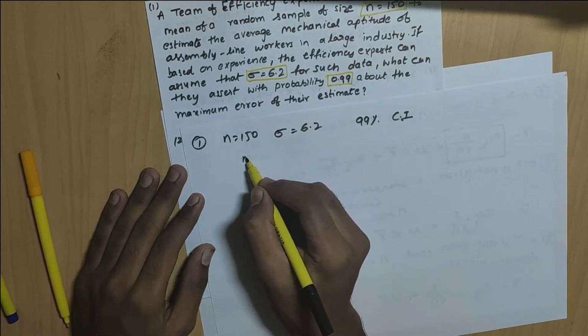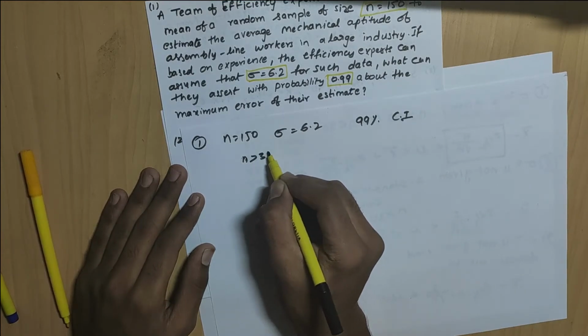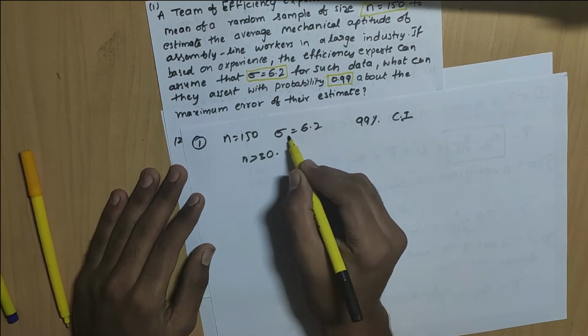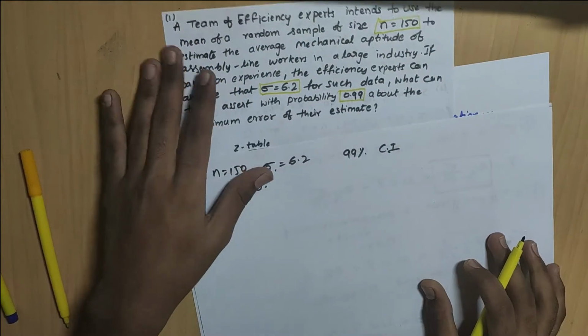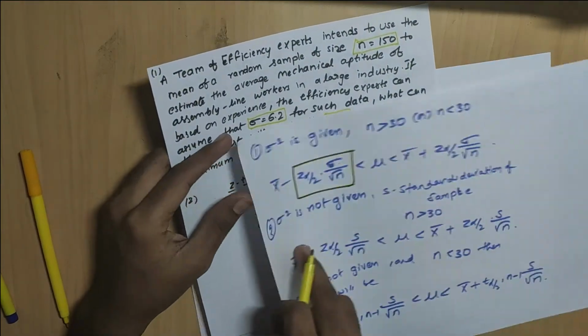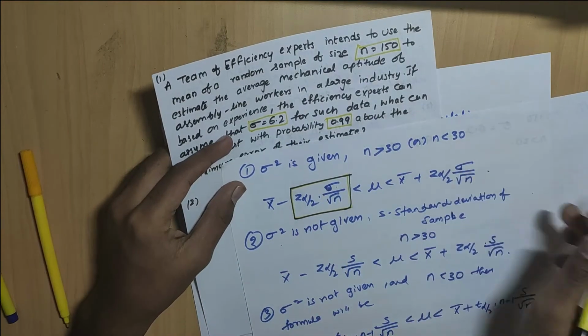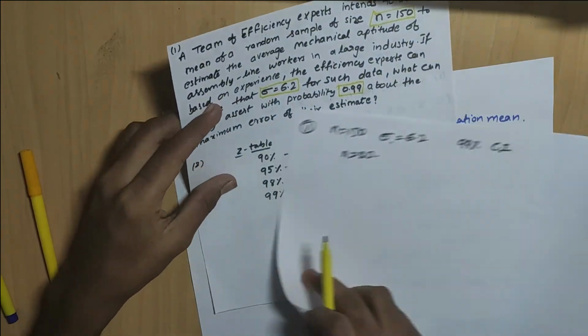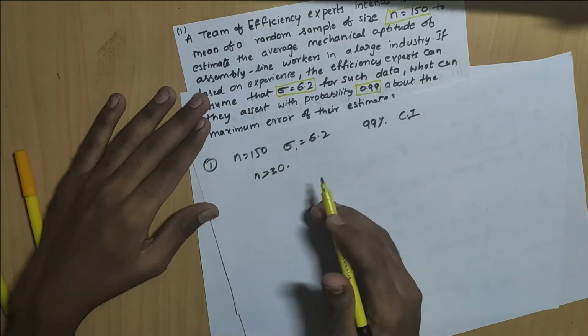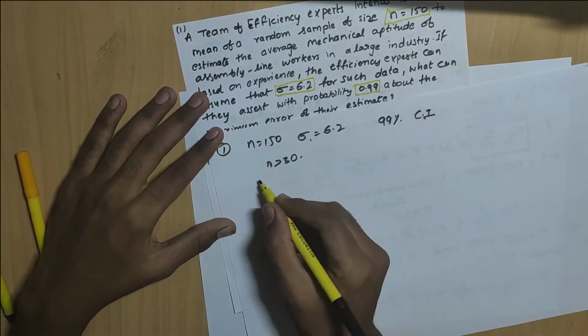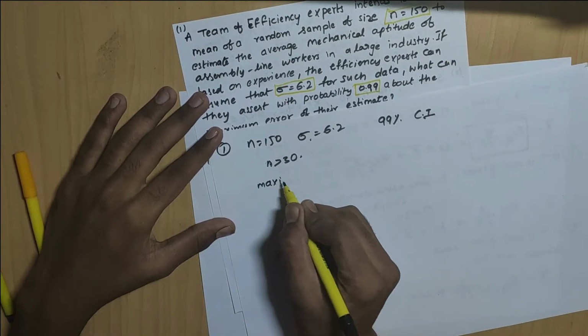Here n is greater than 30, and here sigma is given, so that's why we are taking from these things. Sigma square is given, that's greater than 30. Okay, so I'm writing here, I'm finding out this problem. So the maximum error, we should write the maximum error